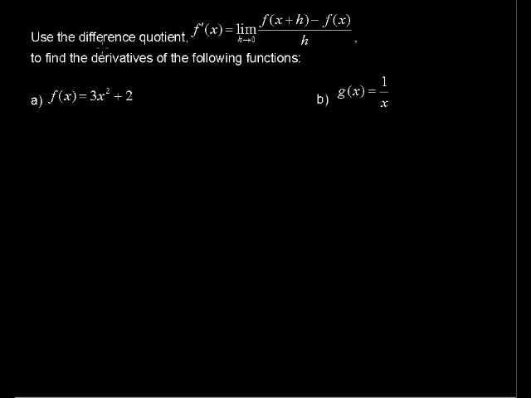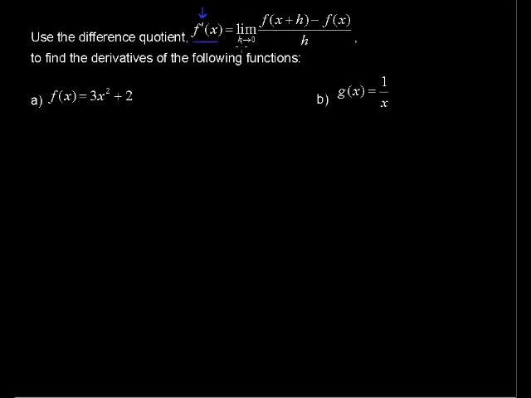In this video, I will be using the difference quotient to find the derivatives of two different functions. Here is the difference quotient on the right-hand side of the equal sign, and this notation, f prime of x, this prime denotes that it's the first derivative of the function f. So if you want to take the first derivative of a function, you can say that equals this difference quotient,